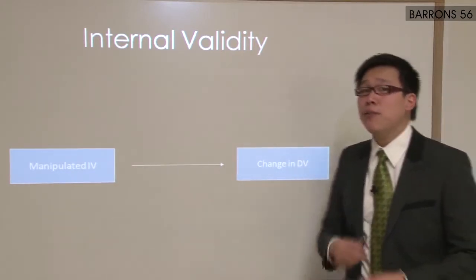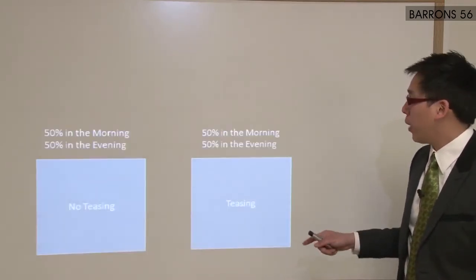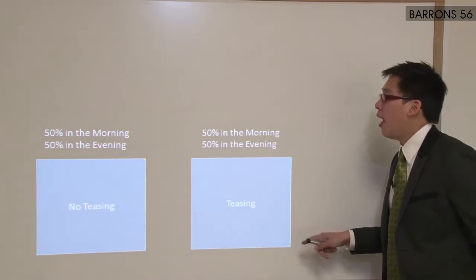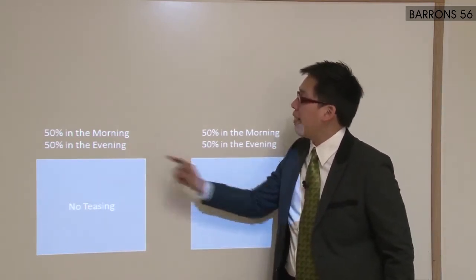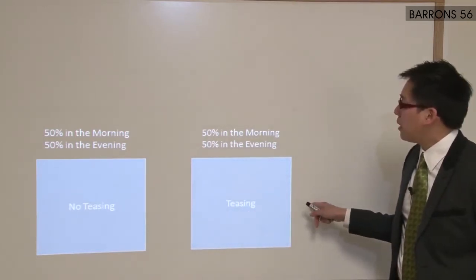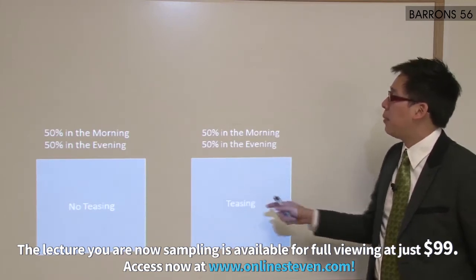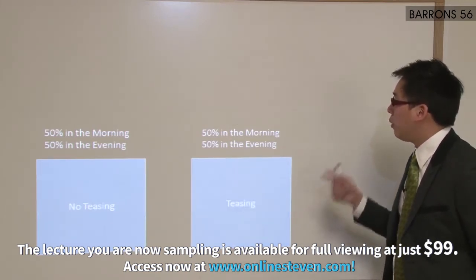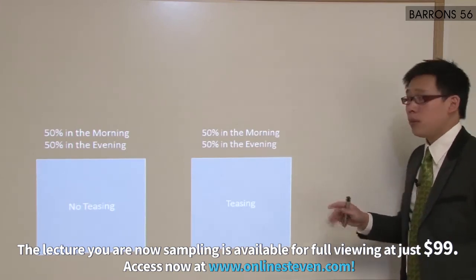However, sometimes you have other variables that come in that affect the outcome of your study. I'll give you a quick example, going back to the teasing we did in the last class. So maybe you ran half of the sessions in the morning and half of them in the evening, and same thing here, in the teasing and no teasing conditions. So sometimes you run them at night, sometimes you run them in the morning, but they're spread equally here, spread equally well here, no problem.